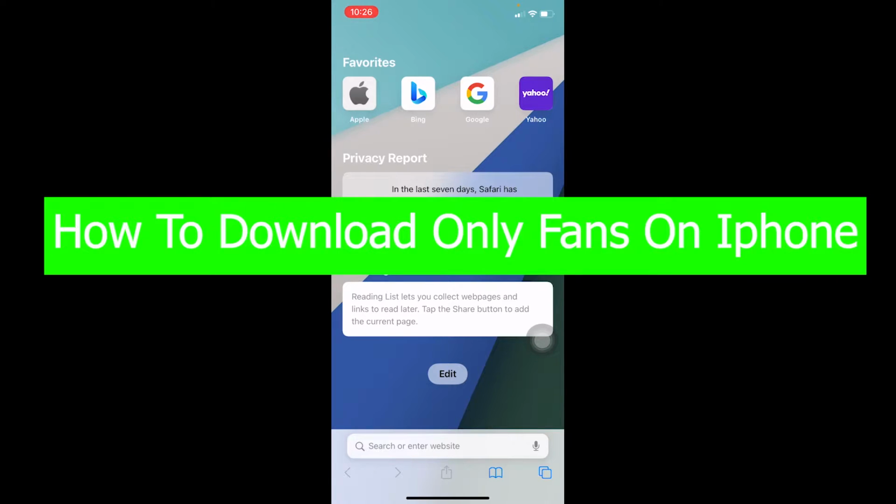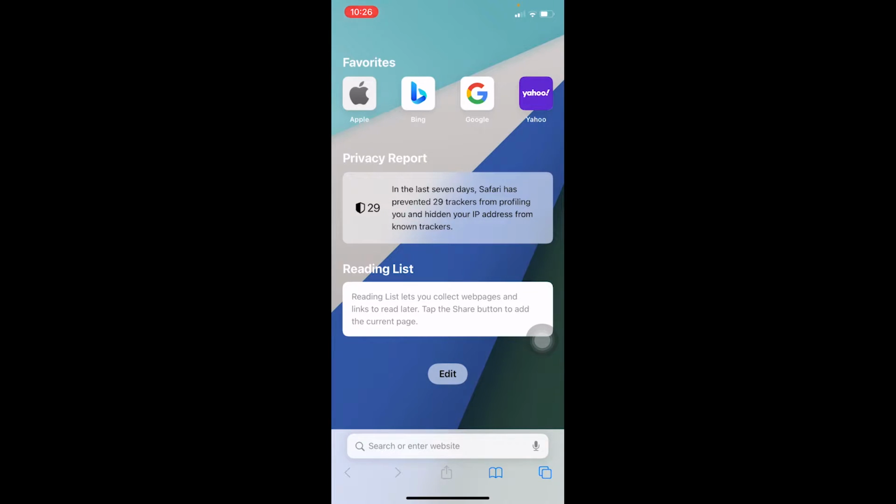And in today's video, I'm going to be showing you guys how you can download OnlyFans on your iPhone. So I'm going to be clear with you guys. There's no app of OnlyFans, but there is a way through which you can actually download OnlyFans and use it as an app. Now, this might sound confusing, like I'm saying there's no app and then I'm saying there is an app. What the hell am I talking about? Well, to understand what I'm talking about clearly, you need to watch the video until the end. So do not skip any part of this video because you are going to get confused.